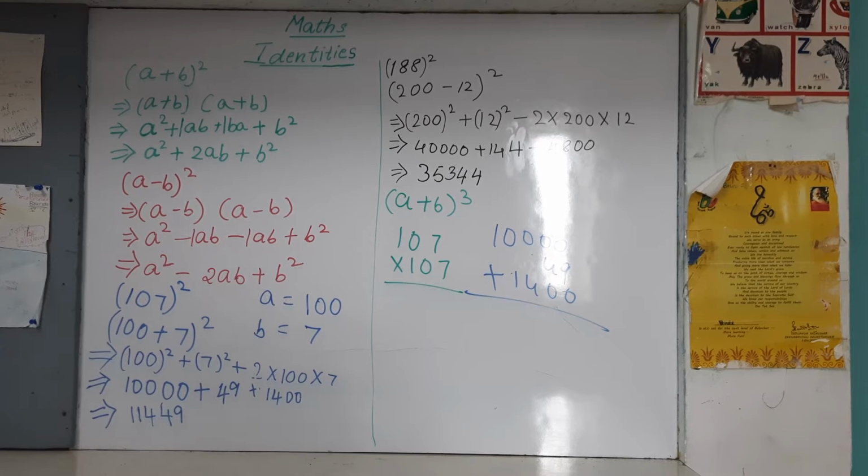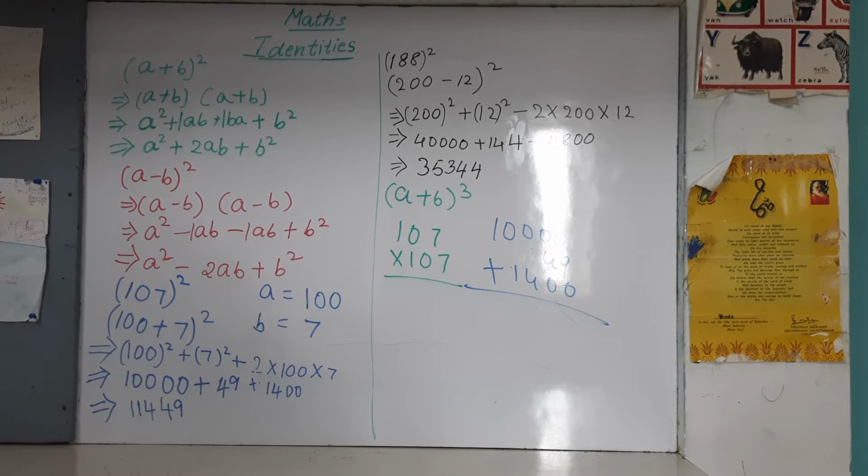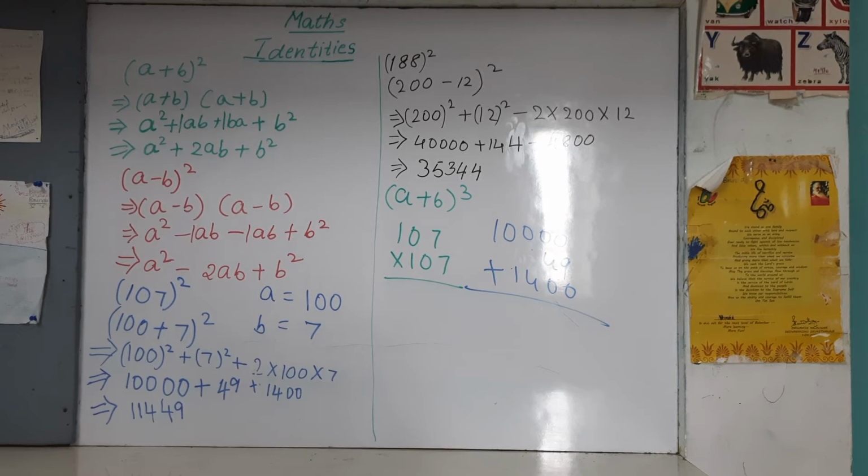Using the identities, it is so easy to find the square of a number and the cube of a number. Okay. Next,